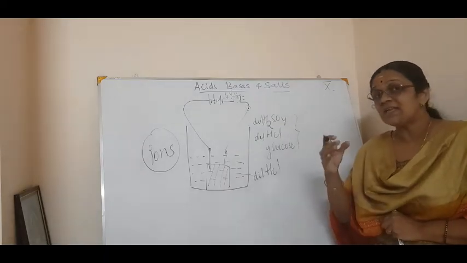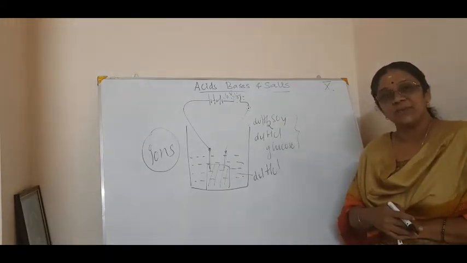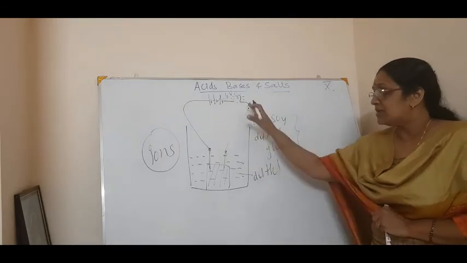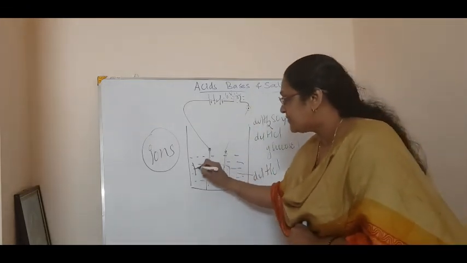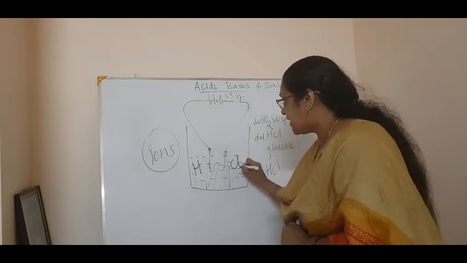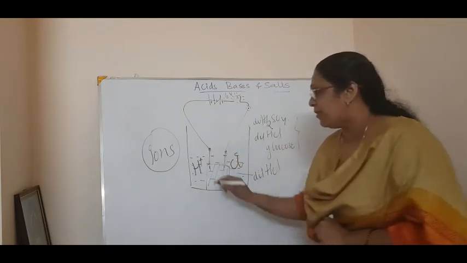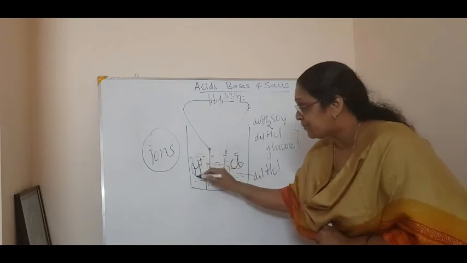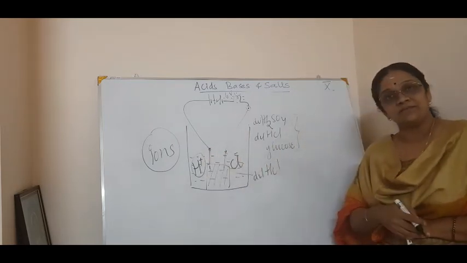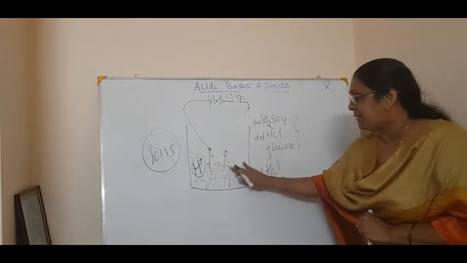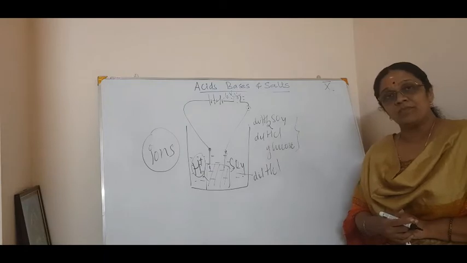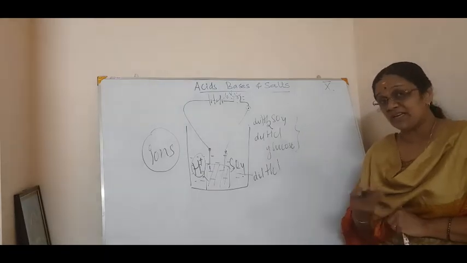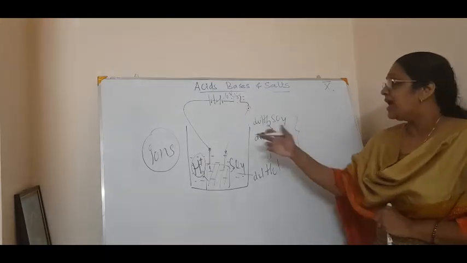So what are those ions? That is the question. Okay, now since the bulb is glowing, you know there are some ions, which means here it is HCl, correct? So what will be the ion? It will be an H positive ion, correct? Okay. Now the second experiment is the same experiment repeated using H2SO4, dilute H2SO4. Dilute means containing water, aqueous. Okay, again the bulb glows.